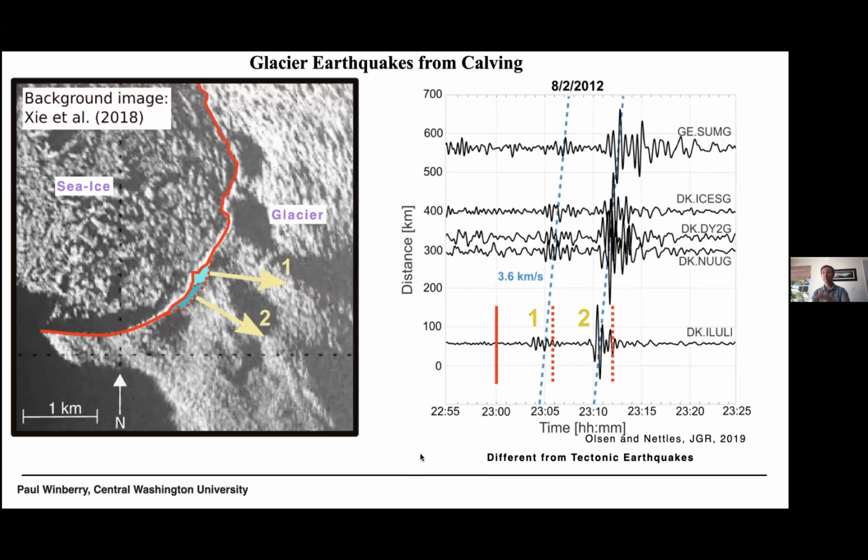And they were actually able to pinpoint where these events originated from using the seismic waves. So we know exactly when these calving events happen only from the seismic record. So that's a really powerful tool for understanding the timing of calving, because we might expect certain environmental factors such as sea swell, breakout of sea ice, things that happen at a finer scale than satellite remote sensing can provide us. And so this is just another tool that we can use to understand the timing of